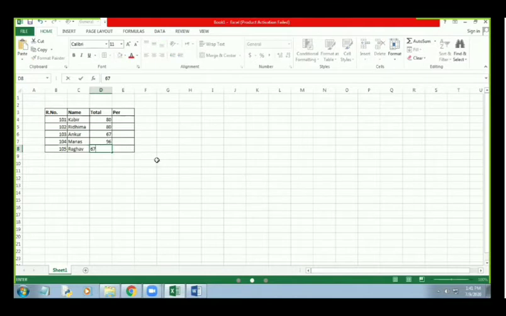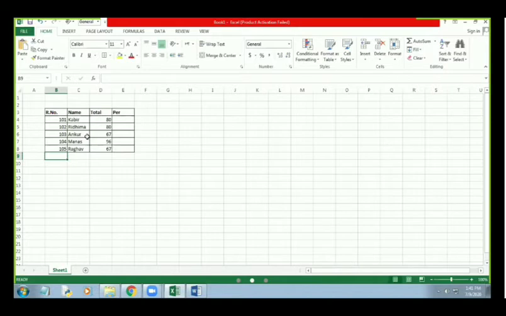Now this is the complete sheet, but in case we need extra data. Here we have roll numbers 101, 102, 103, 104 and up to 105. Only 5 entries are here. But if we need another entry, a 6th entry after 105, then what to do?